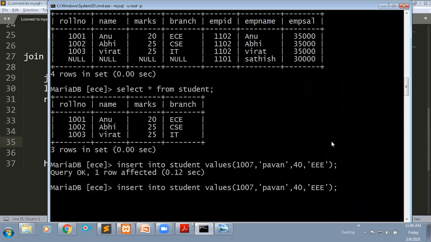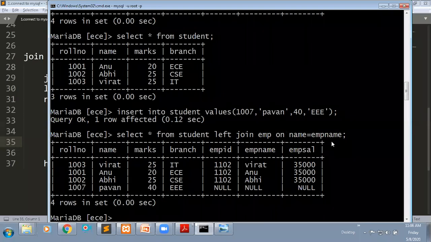See now, you can observe the difference. If it is a left join, the left side table's total data will be retrieved. Total data is retrieved from the first table, the student table. We have four rows, so it retrieved 4 rows. On the right side, based on this condition, it will give the matching results.